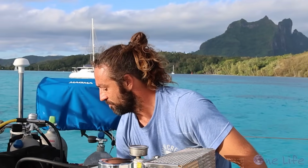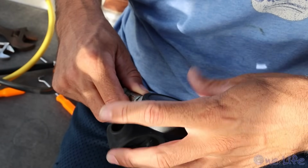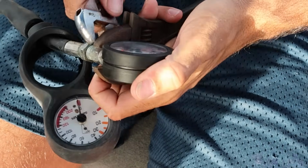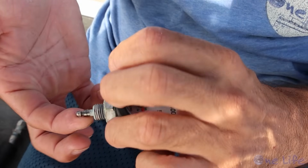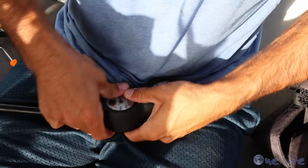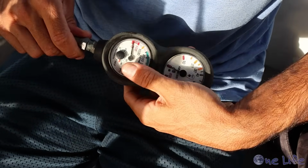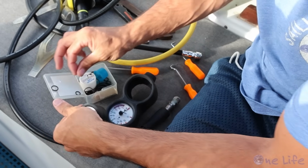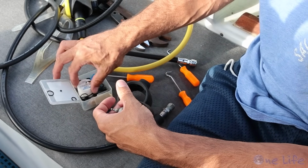In addition to that, I just got done repairing Brooke's pressure gauge because as I was setting up the gear for tomorrow, I heard a little hissing sound, and I found that there was a little leak in this pressure gauge here at the hose connection. So we also have a whole collection of spare hoses, spare regulators, O-ring kits, basically a whole set of tools, a mini dive shop on board so that we can fix most problems ourselves,